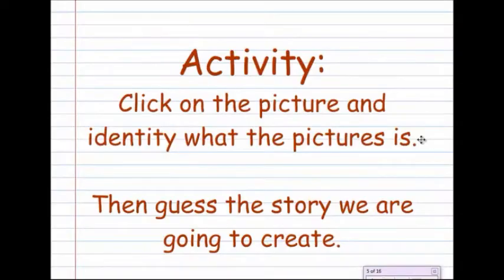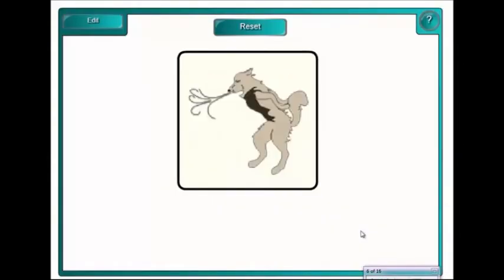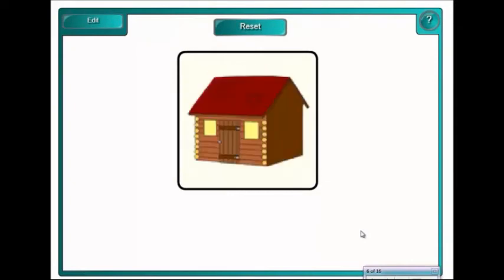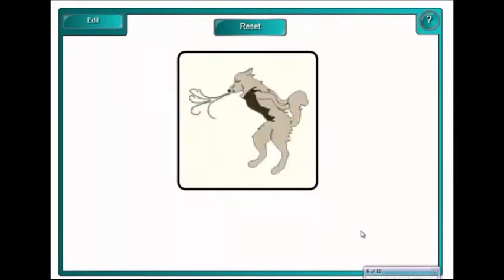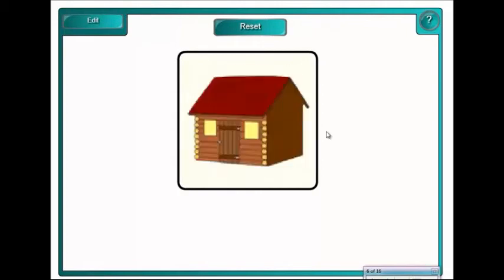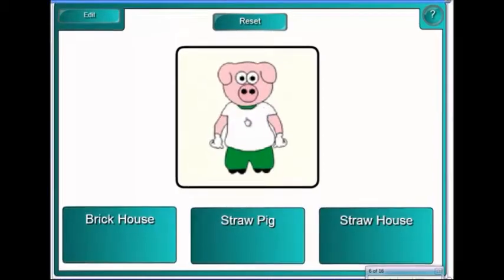Next activity. Click on the picture and identify what the picture is. Then guess the story we are going to create. And I'm having us create a story first as a class, and then I'm going to have them do them as their own. And the story that I picked was the 3 Little Pigs, because it's the most basic story that everybody knows, and it's easy to go through the elements that they will need in their own story. So for this activity, you just click, and